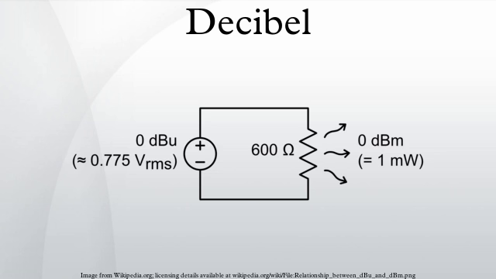Where p_ref is equal to the standard reference sound pressure level of 20 micropascals in air or 1 micropascal in water. The human ear has a large dynamic range in audio reception. The ratio of the sound intensity that causes permanent damage during short exposure to the quietest sound that the ear can hear is greater than or equal to 1 trillion. Such large measurement ranges are conveniently expressed in logarithmic units. The base 10 logarithm of 10^12 is 12, which is expressed as a sound pressure level of 120 decibels re